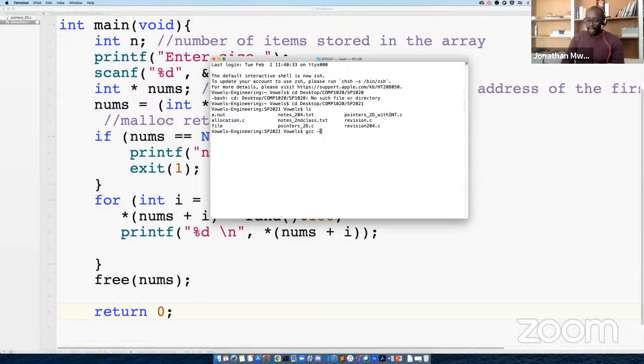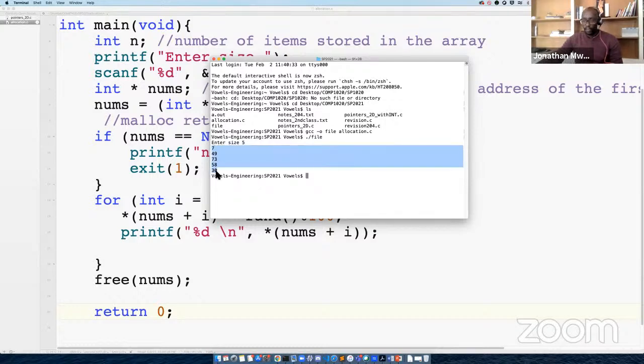Okay, so let's go on. We compile it. We are going to call our output file. It's also fine to call it whatever we want. Compile allocation.c, no problem. Everything compiles properly. We try to run this now. File, enter size, the number of items we need. Maybe we want 5. Now we can get all the 5 values that have been given to us.